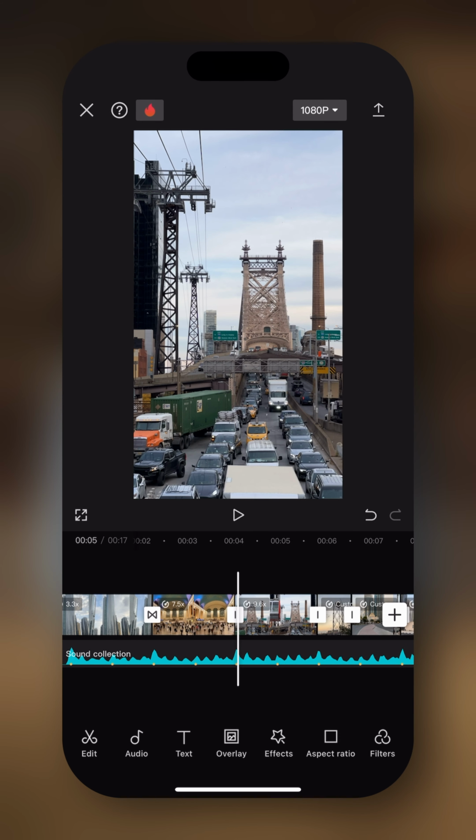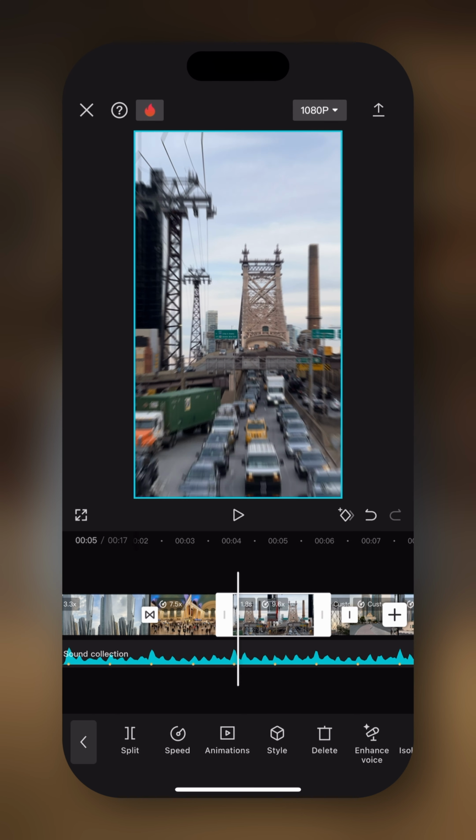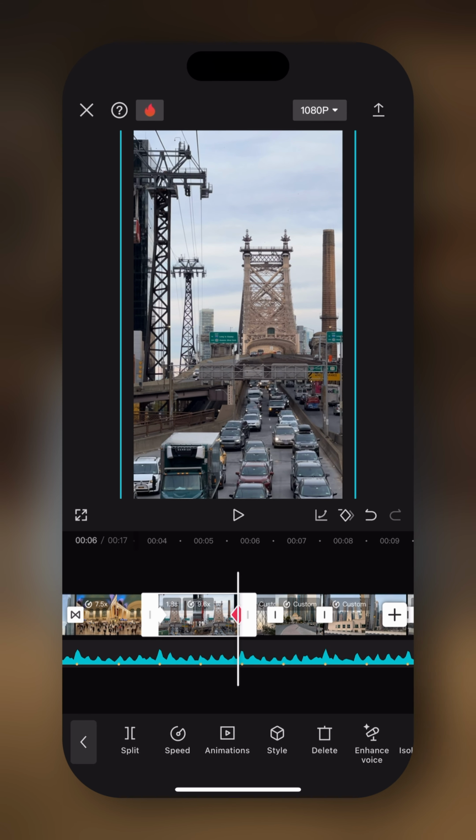And then again, we're gonna do the same thing with this clip. So we're gonna add a pull-in transition, and we're gonna add some keyframes as well. Keyframe 1, go at the end, zoom in, and there we go. Now the second keyframe is already added automatically once we moved and resized this clip. And then maybe in this one, there is something else that we could add that we haven't explored yet,